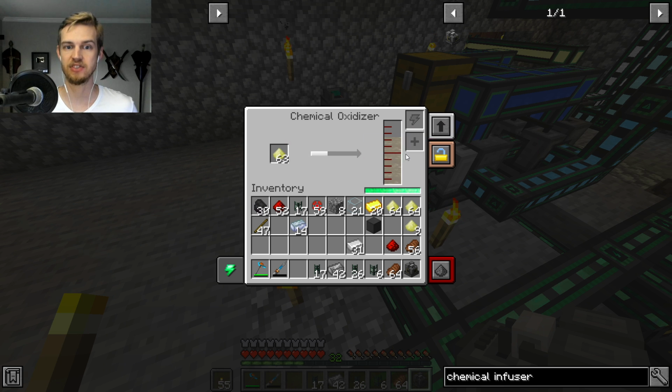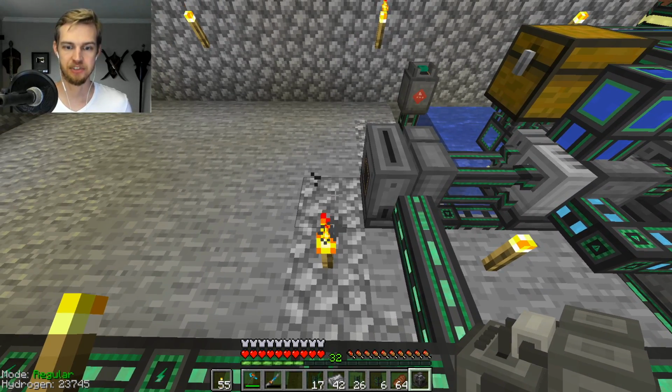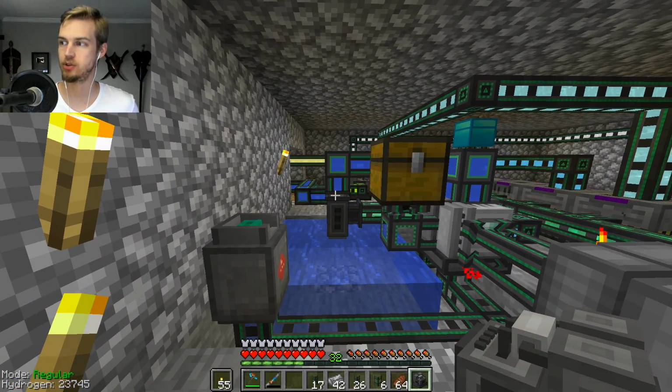This thing's still working, and it's actually working at a fairly decent rate. Look at that. Each piece of sulfur is 100 millibuckets. Okay, so we're about to get to, looks like 10,000 millibuckets, and it's the full capacity that this poor thing can handle. So the next thing we need to do is put down the chemical infuser, and I'm thinking, because the water's over here, we're going to need to use...